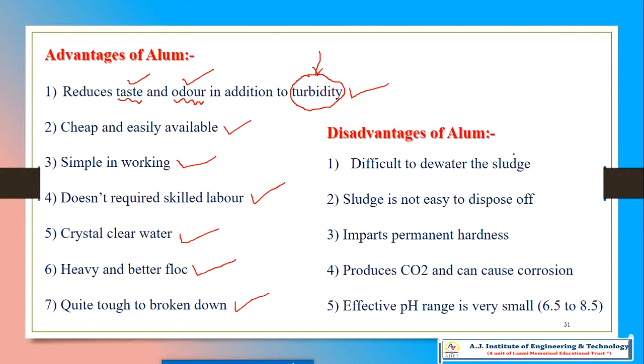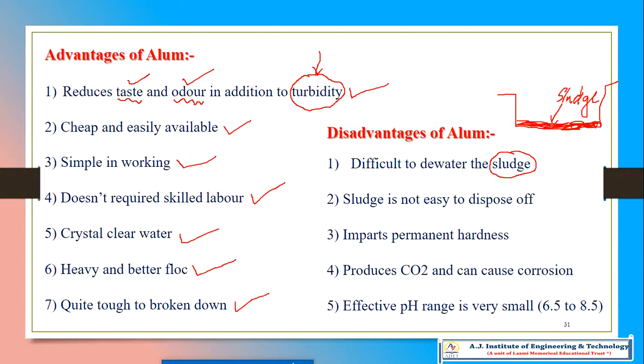Sludge means what? Sludge is what is in the bottom of the tank. After the particles settle in the bottom of the tank, the dirt particles, which are settleable particles, after adding coagulant, this part is called sludge. This sludge is difficult to dewater. Difficult to dewater means removal of the water in this particular sludge is very difficult,